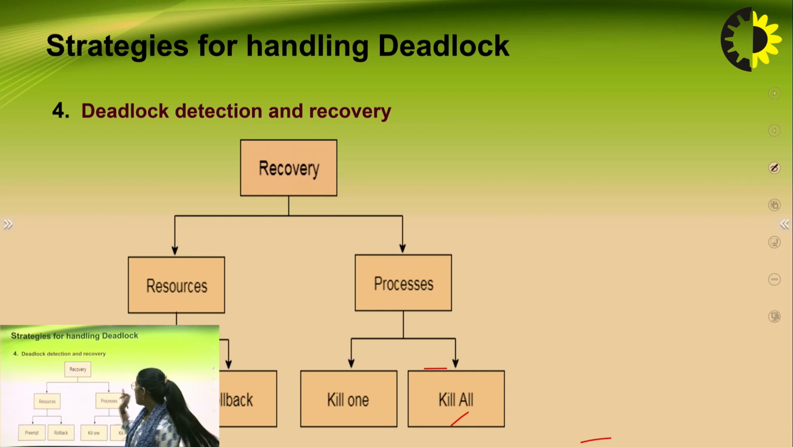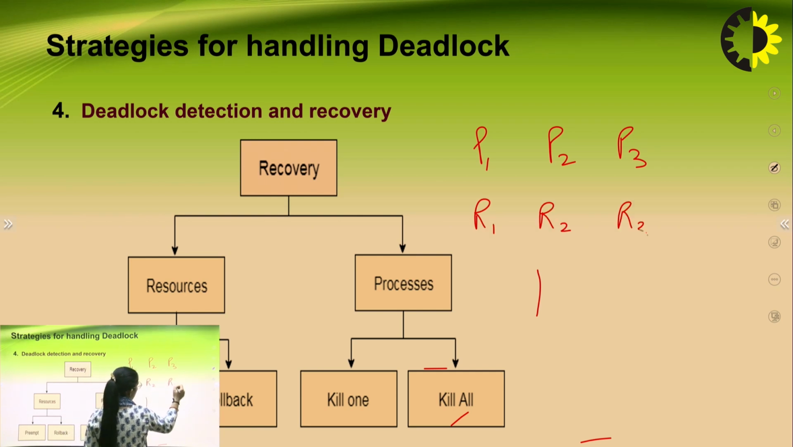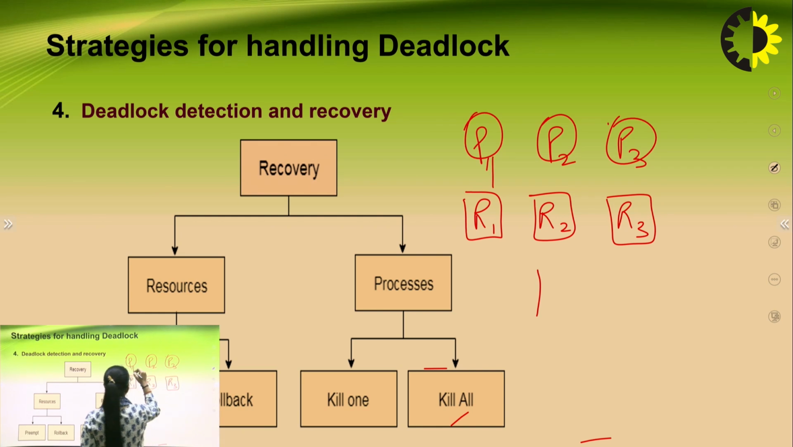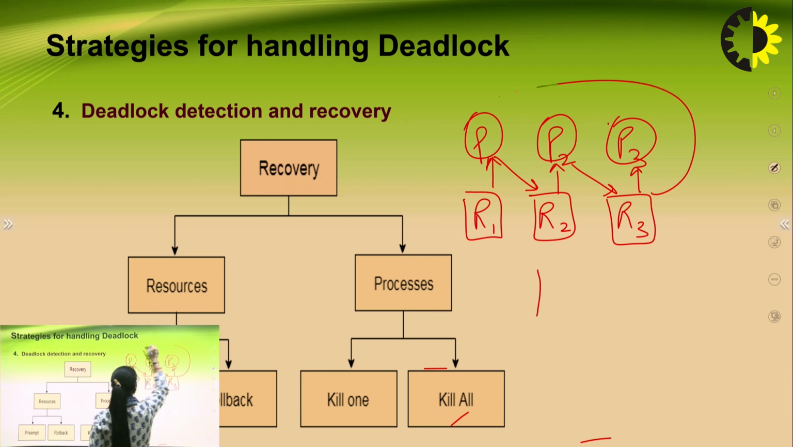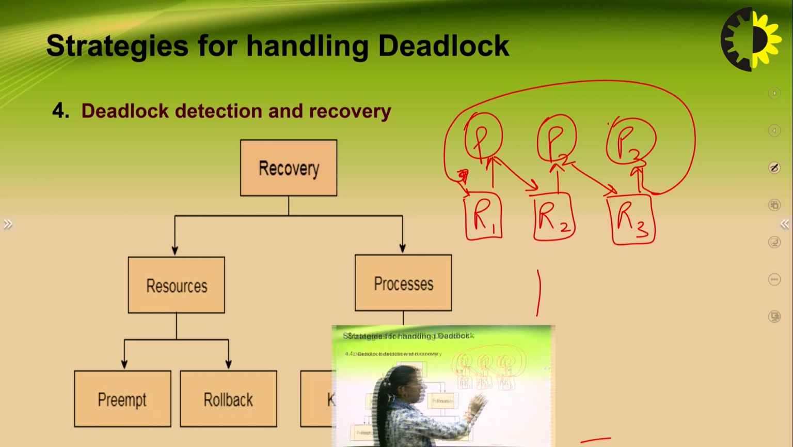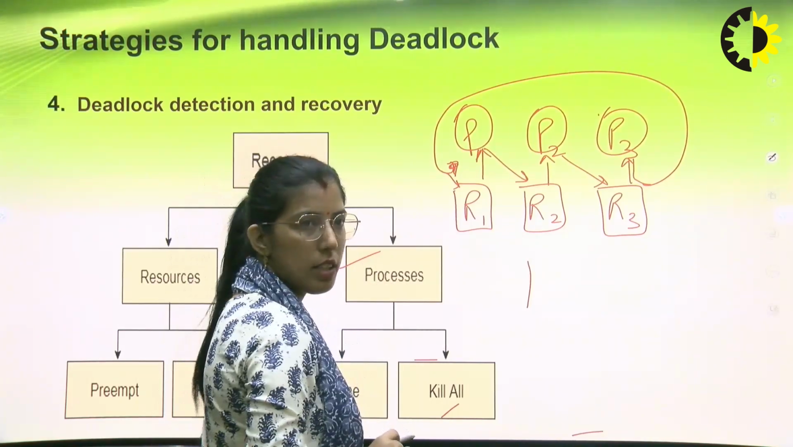Let's say we have P1, P2 and P3, R1, R2, R3. These are processes and these are resources. In the same way, using RAG, we can say that there is a cycle, and we can detect that deadlock is already there. To recover this